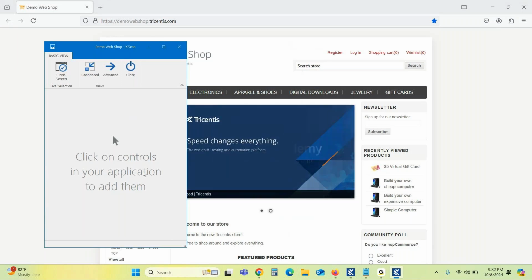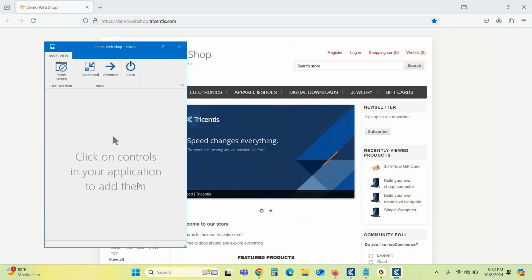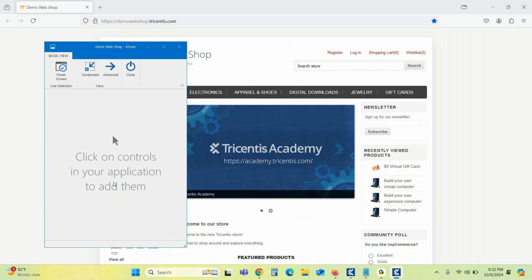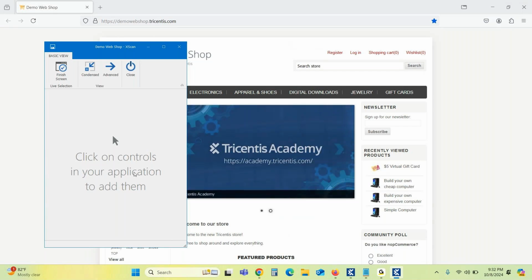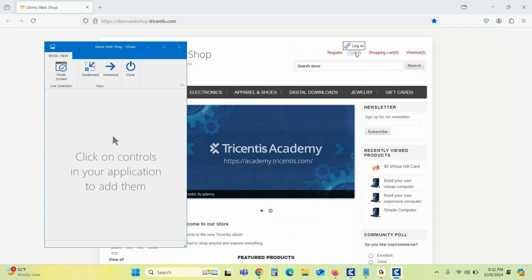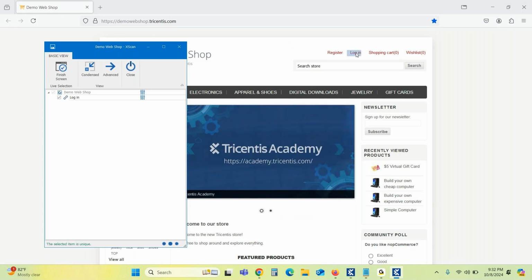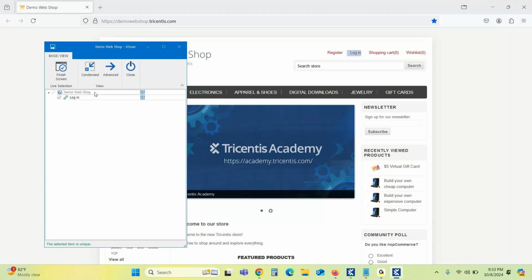See here, click on controls in your application, add them. Clearly it is telling us to add them here. So what I have to do first, once I have launched the application, is log in to my application. I have to select the login control. Once we select it here, it will automatically be added in the Xscan window. So just give the proper name,